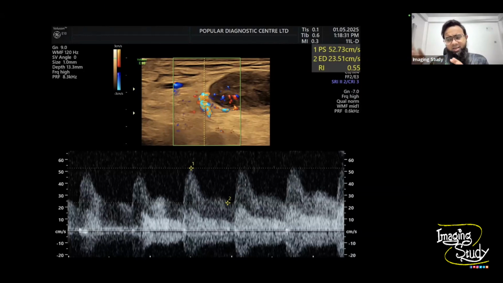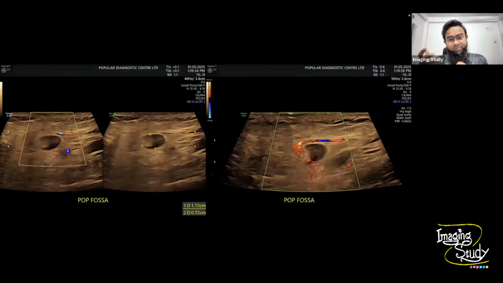I can say that this is inflammatory, but if you want to know further, you go for histopathological examination by FNAC or core biopsy, whatever. So we go for the inflammatory state here, and we'll say that this is a case of lymphadenitis involving the inguinal lymph nodes. Okay, so let's look at the popliteal fossa. The patient complained about popliteal fossa pain also, and it's not common to see popliteal lymph nodes. So this patient came with the